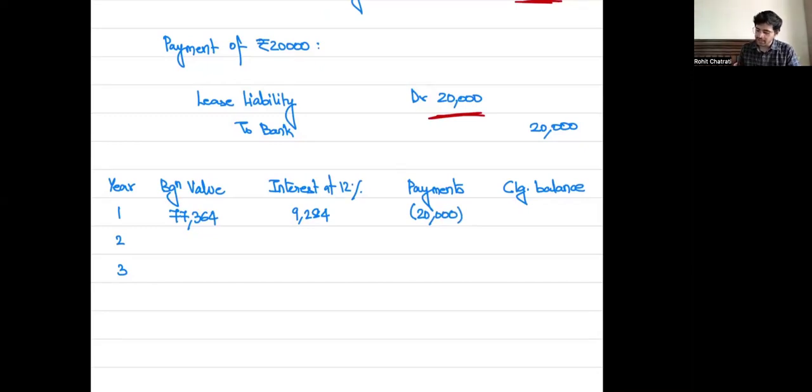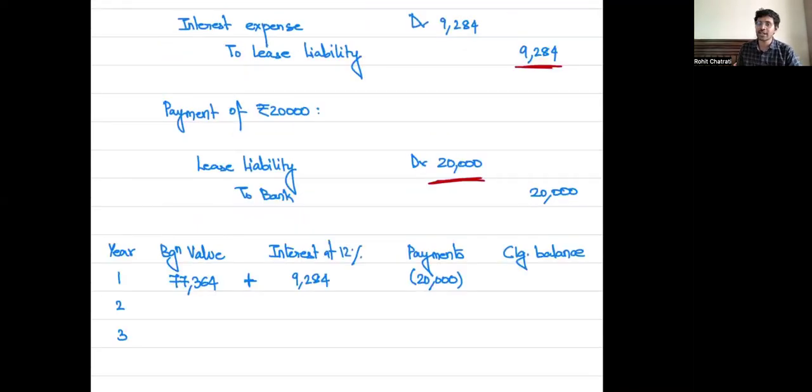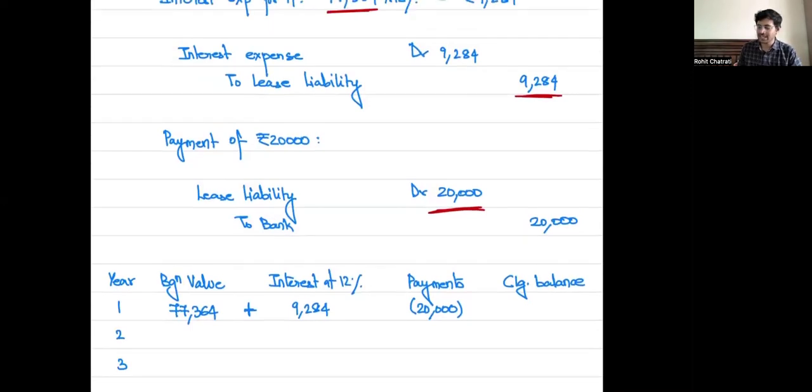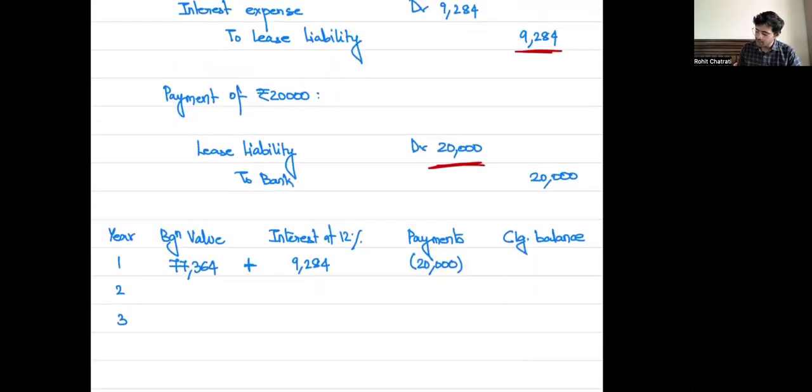The 9,284 increases my lease liability because the journal entry was interest expense debit to lease liability. So the closing balance will be 77,364 plus 9,284 less 20,000, which is equal to